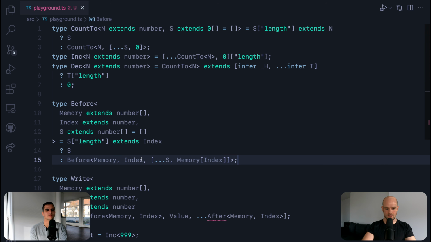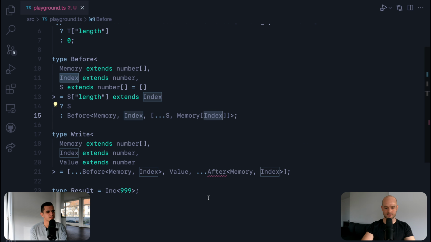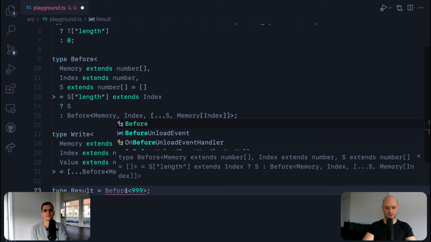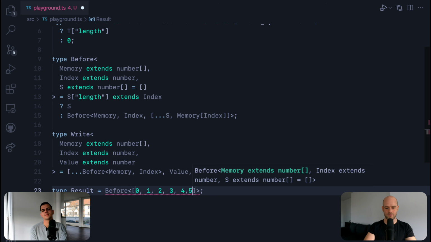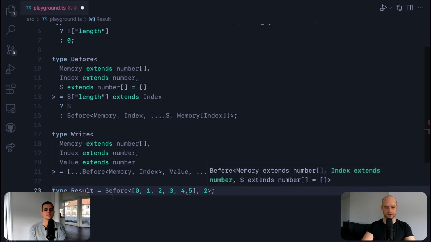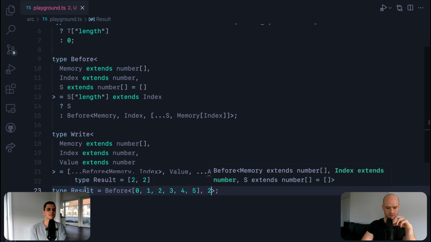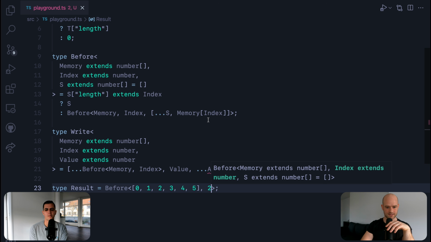So we increment by 1, which is the value of memory index. Let me try it. So we do before, and we have 0, 1, 2, 3, 4, 5 at index 2. So it should return 0, 1. No. So it returns memory index.